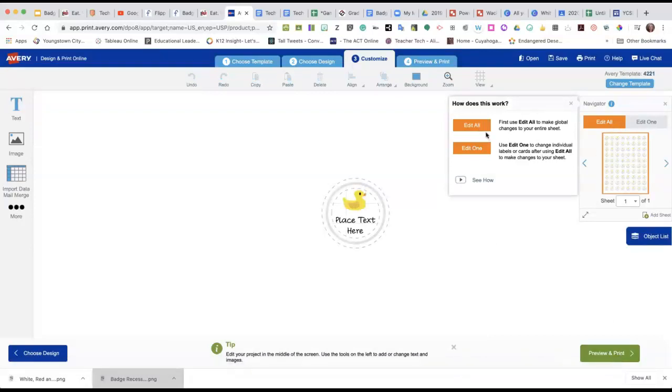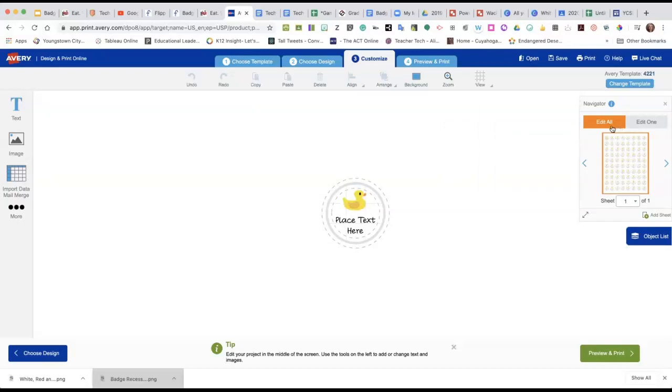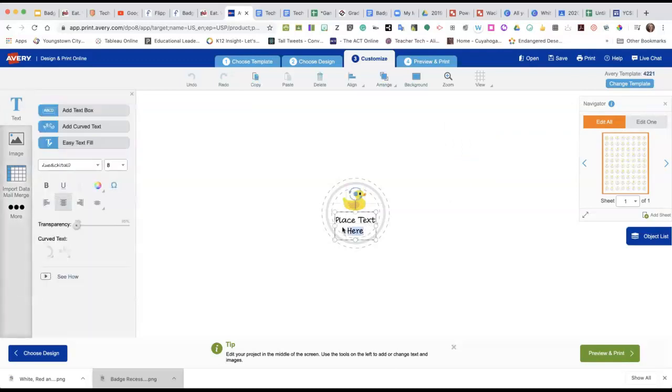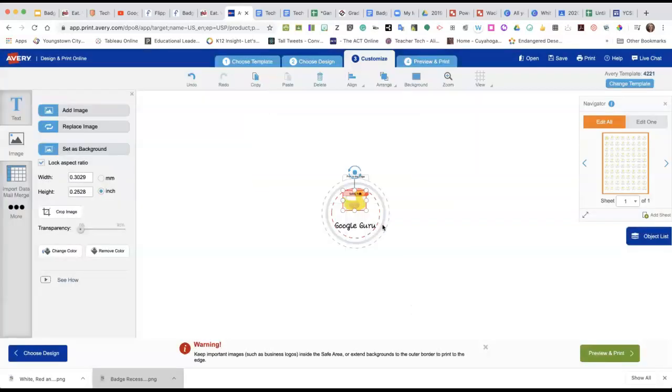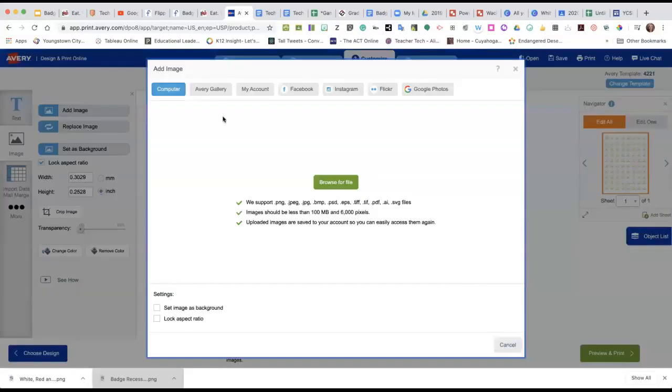And it tells you, are you editing just one of your stickers or all of your stickers? And you can see one of these sheets has like 100 on it. And of course, I would edit all of them. You can see I have it edit all. And then I just went in and I would be like, Google Guru. And then I would go into my little duck. If I didn't want that, I could replace the image. So I could actually upload stuff from